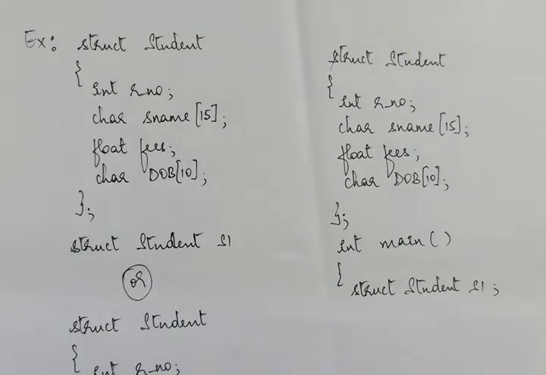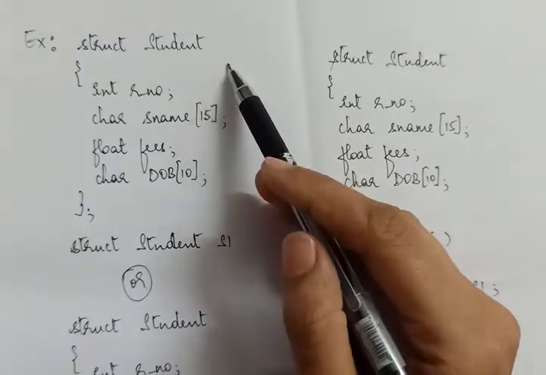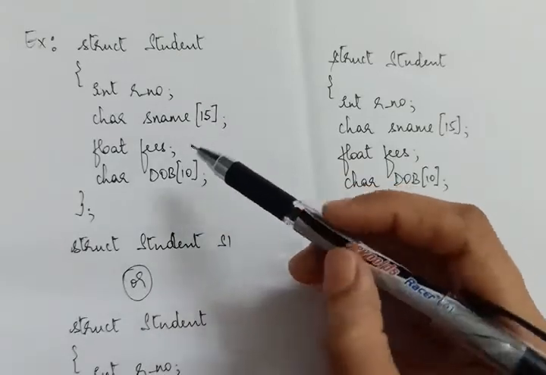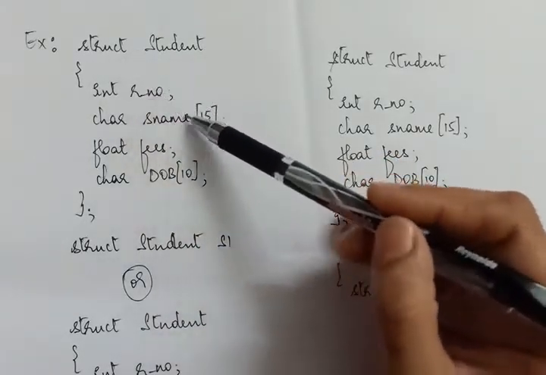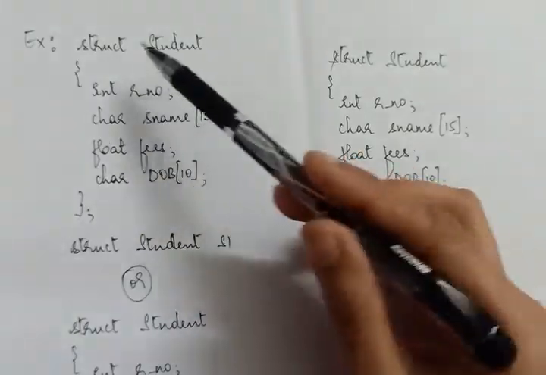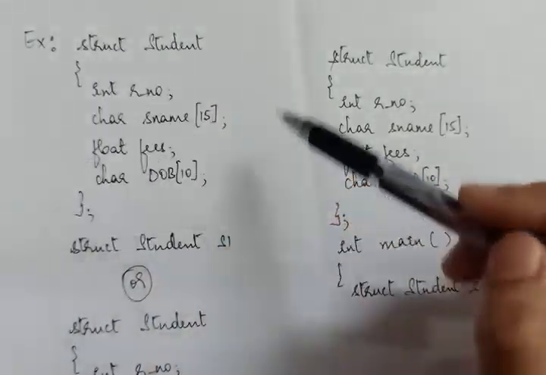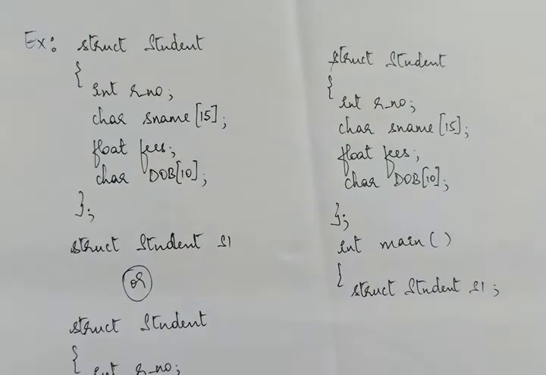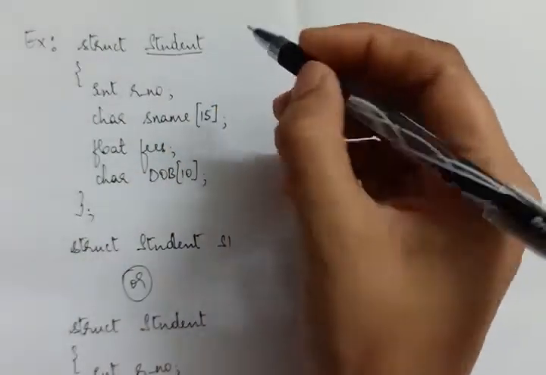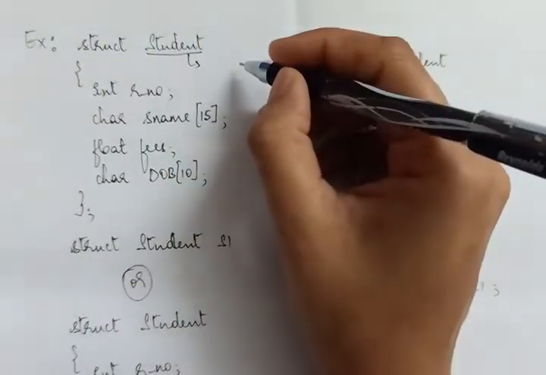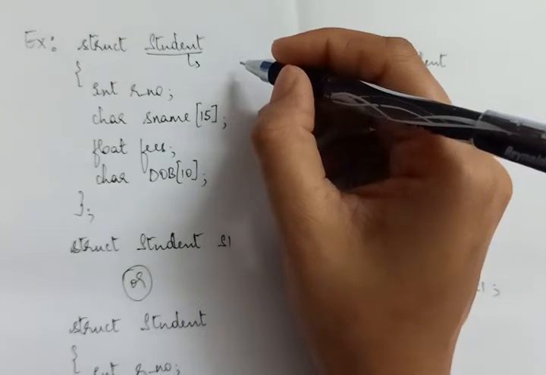Okay, now let's see an example of structure. So I have taken a student structure which I created this way. So struct student. There are these many variables that I have grouped together to create this structure. Now we'll see a few terminologies where this student is the user defined type I've created.